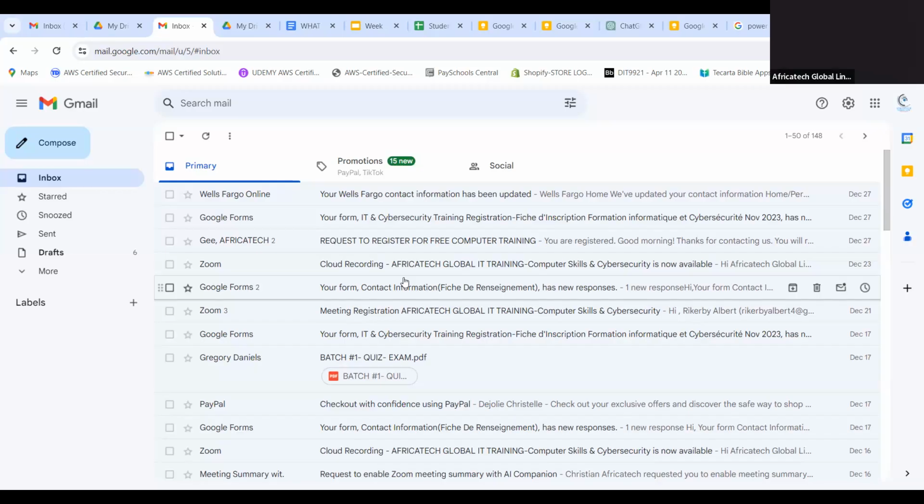To go on Google Drive, you go on these dots, then you go on Drive. So when you are here now, go on My Drive.